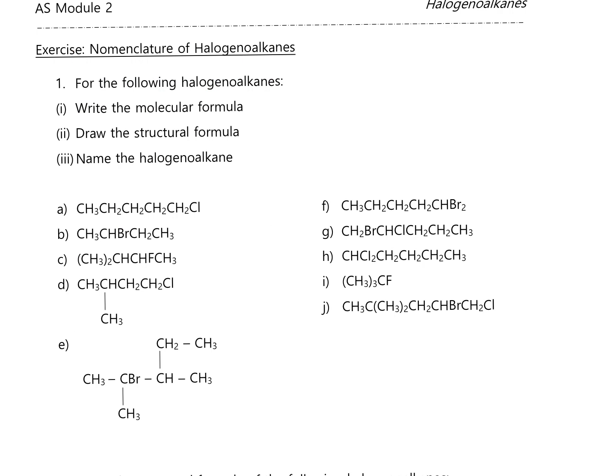So if you go over to page 6, these are similar questions to ones you had in your previous booklets. For the first question, you're asked to write down the molecular formula, structural formula, and name the halogenoalkane that is given to you. So if we have a look at 1A here,